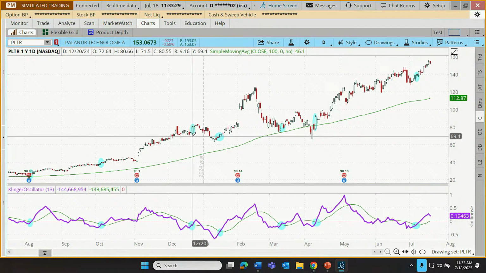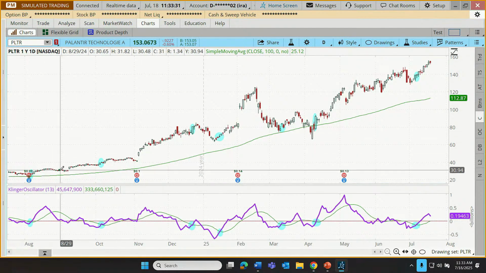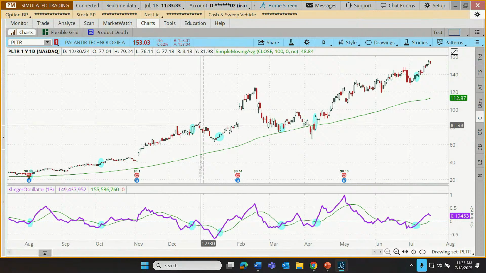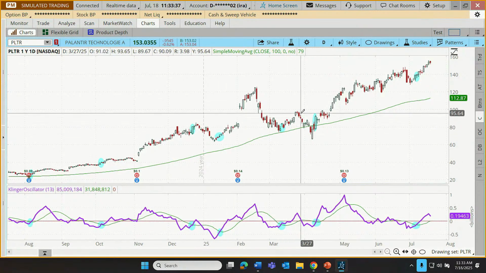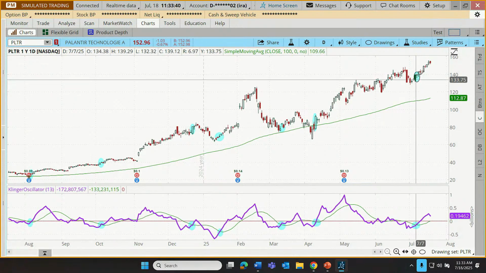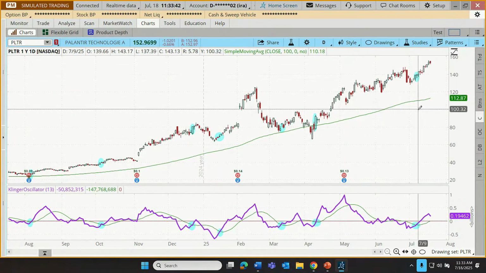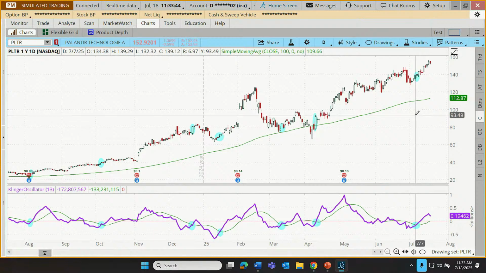Did it work? Does it work out perfectly every time? Nope. It looks like here it was fine, here it was fine, here not so good, not very valuable there. Here it was much better, here was fine, here was fine, and here it looked like it's done a pretty good job. In any case, just be aware with any technical indicator, there is the potential for failure. No technical indicator, no matter how sophisticated, is perfect.